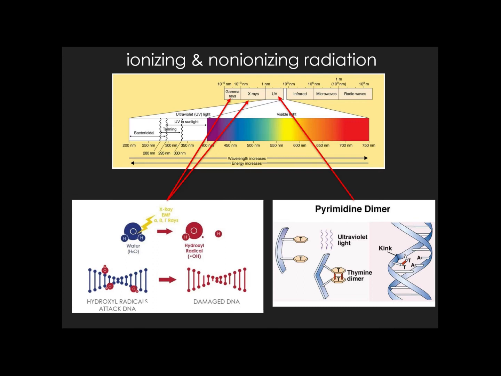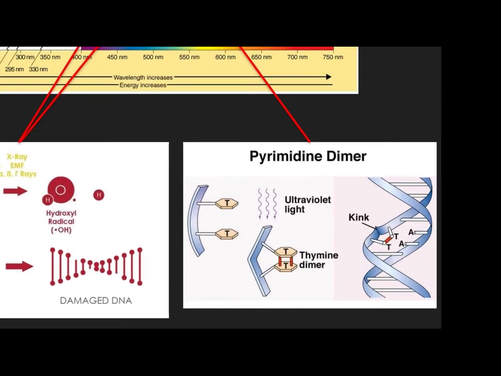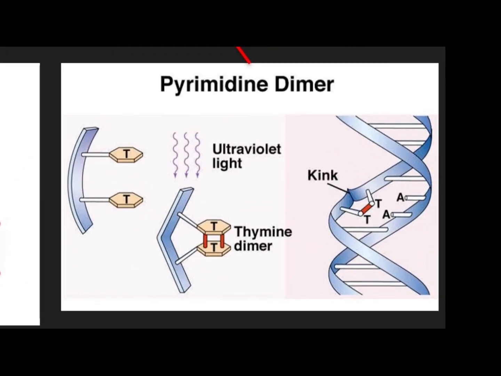Our next physical method of control is radiation, specifically gamma radiation, X-rays, and ultraviolet radiation, which are higher energy than visible light, and so are capable of being absorbed and causing damage. Ultraviolet radiation causes what's called pyrimidine dimers. So ultraviolet radiation is actually absorbed by the DNA of the cell, and when you have adjacent thymine or pyrimidine